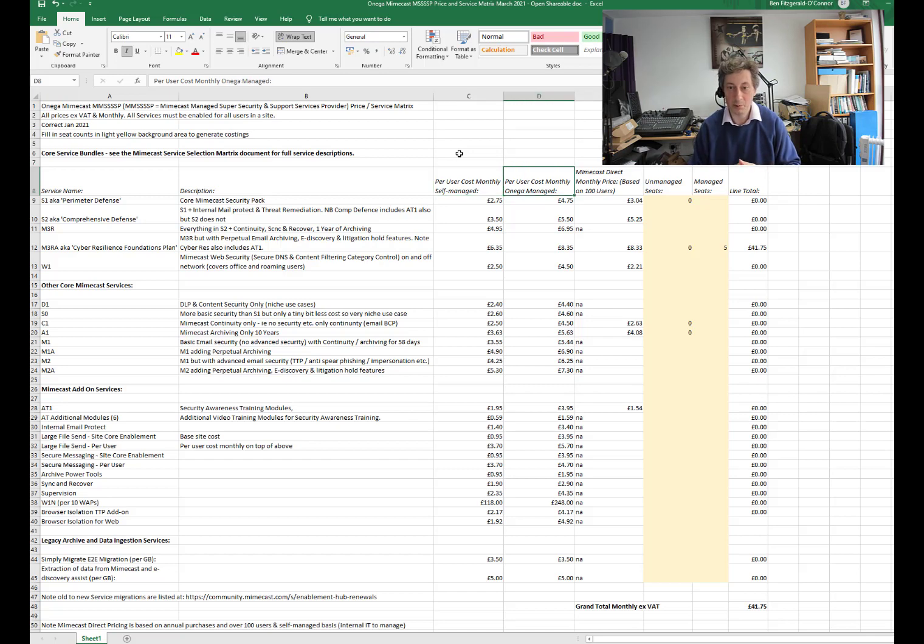So the pricing in column D here is Onega's managed service cost. It basically includes everything in C, includes E, but it also includes the cost of us managing the system for a client. And the management cost and service is a really, really important element, because when you take Mimecast,